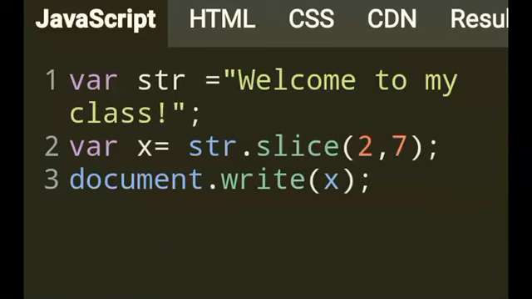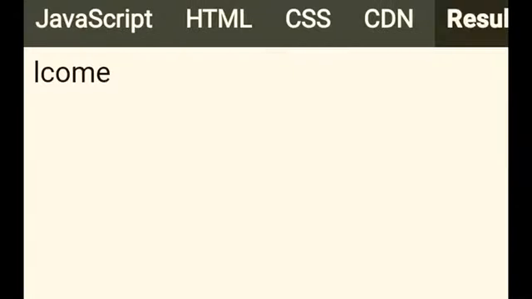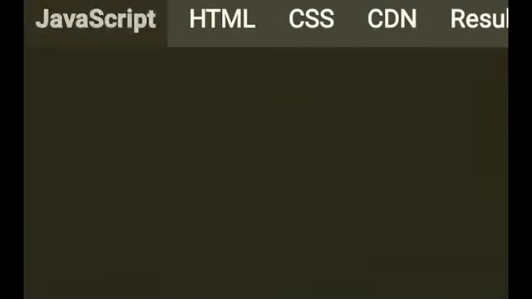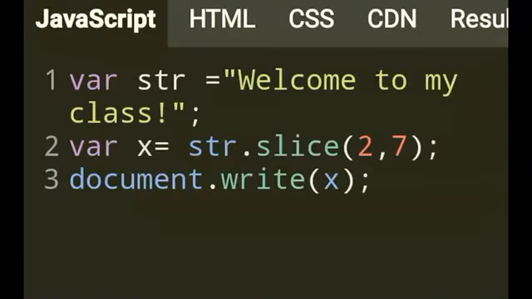So what should it be? Welcome, so starting from L until COME, L-come. Yeah, that's the way. So this way you can extract from anywhere, middle, end, beginning, with the different rules. Whether you want the second parameter or not depends on the outcome that you wish for. So this is how slicing is done in a string.